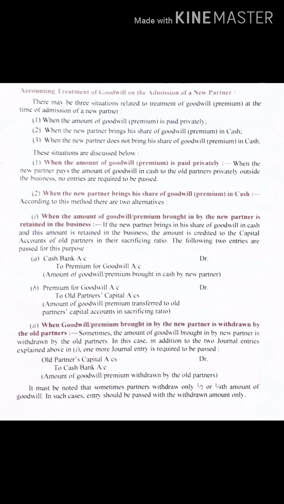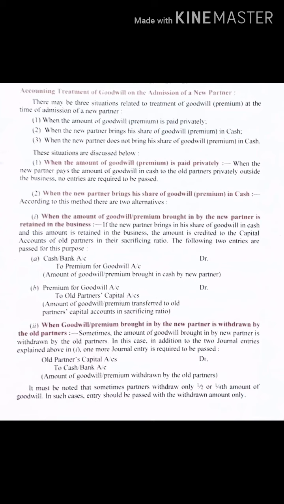Now we'll understand accounting treatment of goodwill on the admission of a new partner. See, previously we have done sacrifice ratio. Now do remember, any type of calculation for new profit sharing ratio can come in sacrifice ratio also. Okay, so we will calculate new profit sharing ratio as per the instruction given. The system I have already given you. Fine. Again we will find out the difference to find out the sacrifice ratio. Now let's understand the accounting treatment of goodwill on the admission of a new partner.